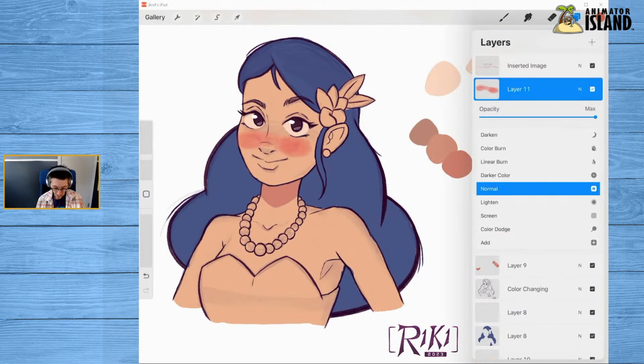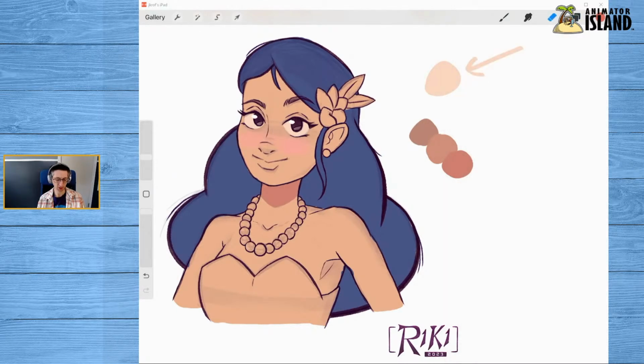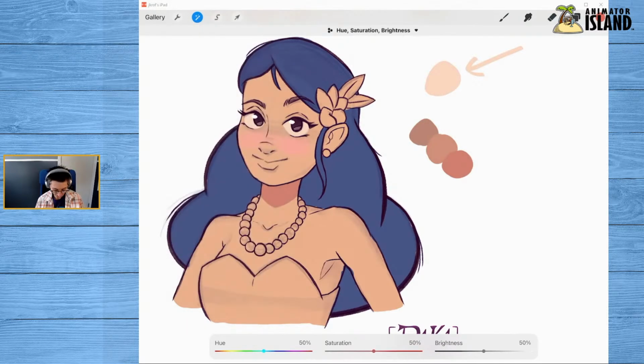So let's say that I go in and when I got to hue here, I kind of liked hue. This doesn't work exactly right, but it changes things and it's giving me another set of colors to work with. After you've changed that to a different layer mode, you can still go into hue, saturation, and brightness and change it from there. So you have yet another place to play with and to change things.